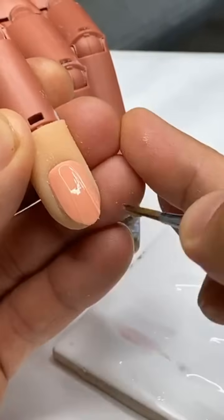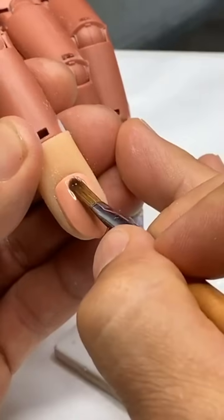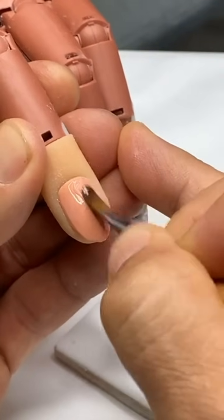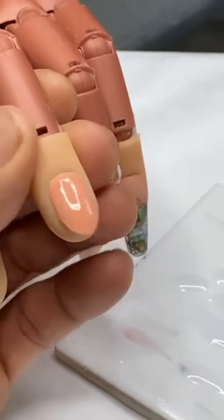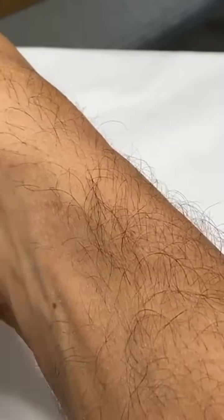I'm going to go ahead and work it. Notice how I'm working it on the inside. If I have too much, I'm just going to kind of brush it off. And I'm working it from side to side to make sure that I have a really, really nice, even application from cuticle to free edge. Okay? Let's go ahead and set that inside the light. Again, I like to set the base gel 460. Once you put the base gel on, it's not like you have to worry about setting it for 60. Just get it inside the light while you apply the other hand. As soon as you're done applying the other hand,